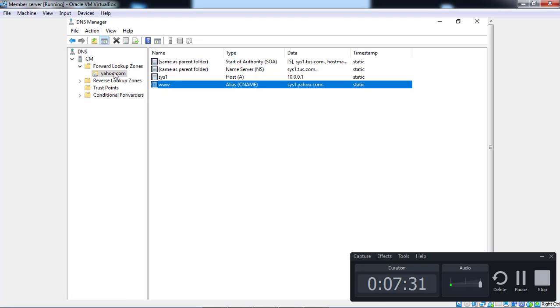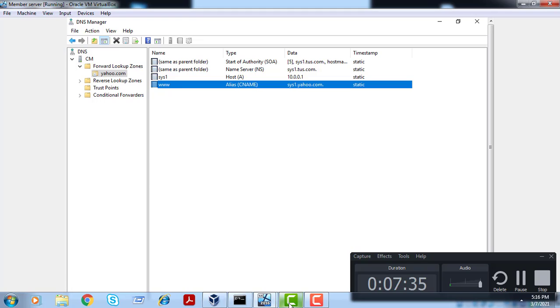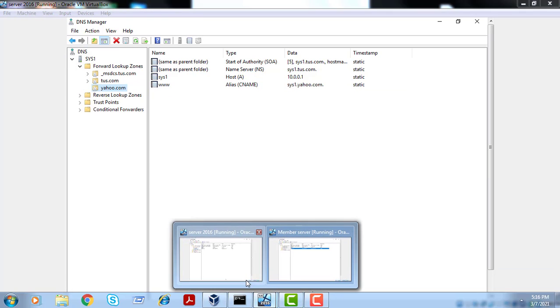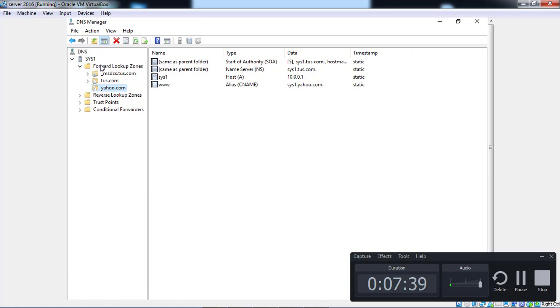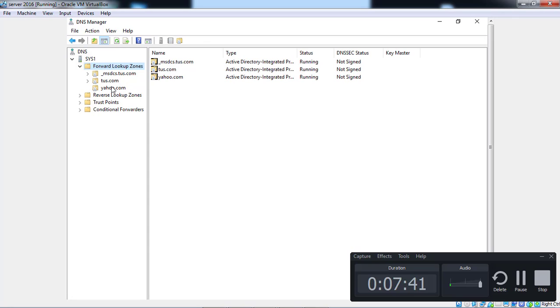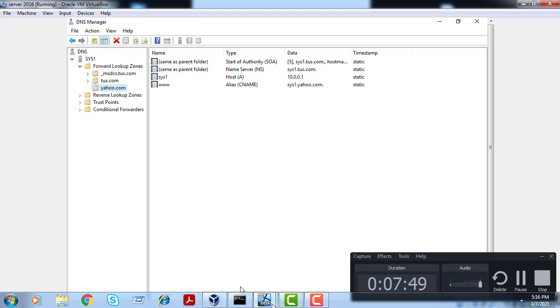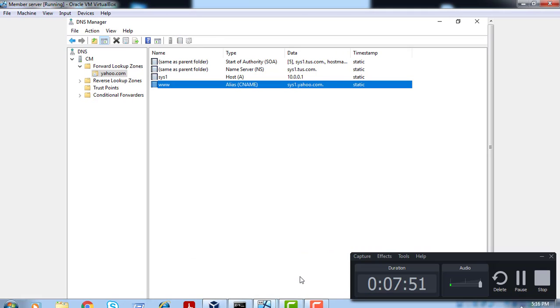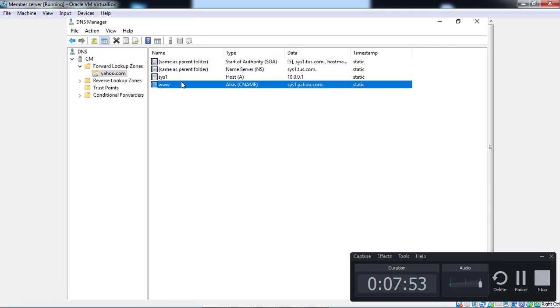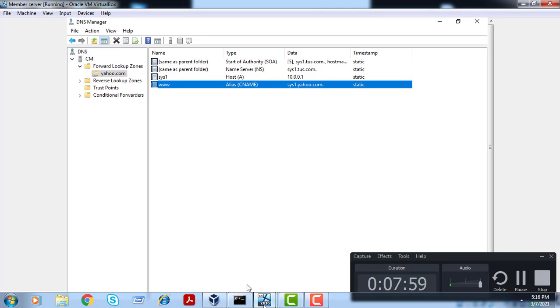This is our secondary of the member server, and this is the primary of our main DC DNS. This is the domain controller DNS, and this is our member server DNS. You can see both the information is the same, sys1.yahoo.com with canonical name and host records.